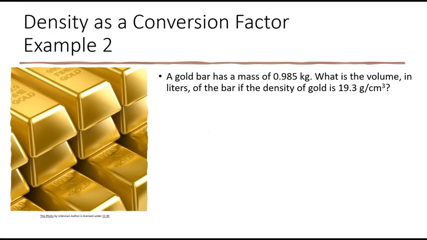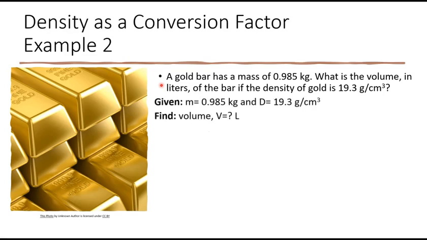Density as a conversion factor, example 2. A gold bar has a mass of 0.985 kilograms. What is the volume in liters of the bar if the density of gold is 19.3 grams per cubic centimeter? The first thing we want to do is indicate the given and the find. The given information is the mass of gold, 0.985 kilograms, and the density, 19.3 grams per cubic centimeter. We want to find the volume. We know that density is what relates mass and volume, so we are going to use this as a conversion factor,